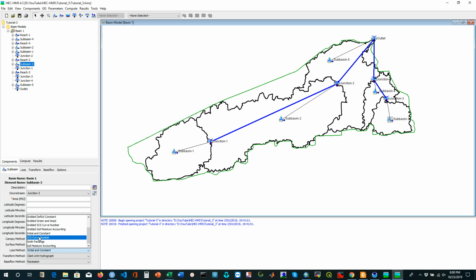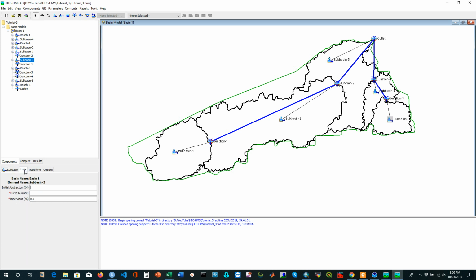You have to select the same methods, SCS curve number, Clark unit hydrograph, and base flow method as none. The area is 5.748. The loss method is same for the initial abstraction, 80 for curve number, and 10 for the impervious. And what about the transformation? The time of concentration is 5.10 and the storage coefficient is 3.90. And for sub-basin 4,